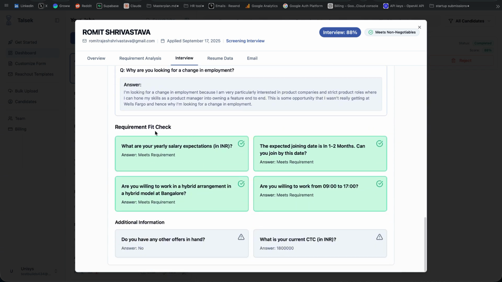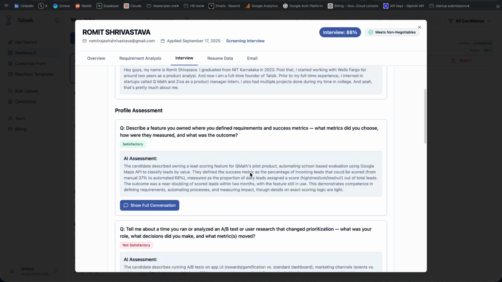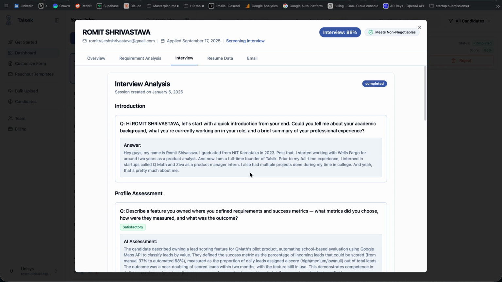And you can see this is something called the requirement fit check. I match all of the requirements that are needed and are actually questioned in the screening interview by the HRs, whether I meet the requirement or not, and this can be taken and sent directly to the HR managers because the candidate is willing to meet all the job requirements. These requirements, the details of these questions, and how I am getting a fit score or not come purely from the job creation step. All of these details are asked at the time of job creation, and this can help anybody make a very comprehensive decision whether the candidate is fit to be sent to the HRs or to the hiring managers for further processes of their interviews or not.